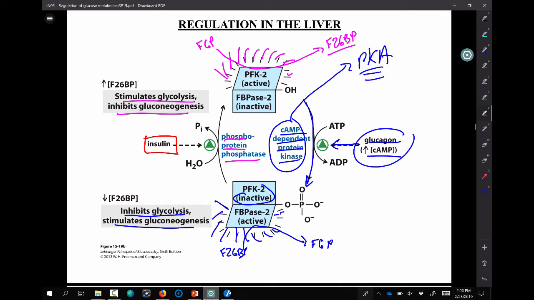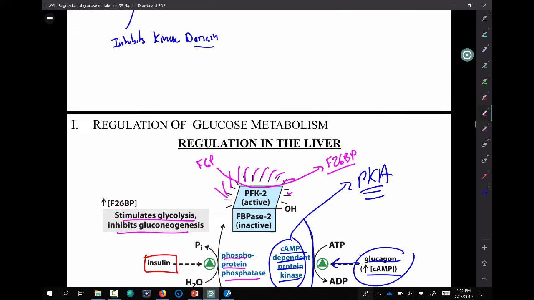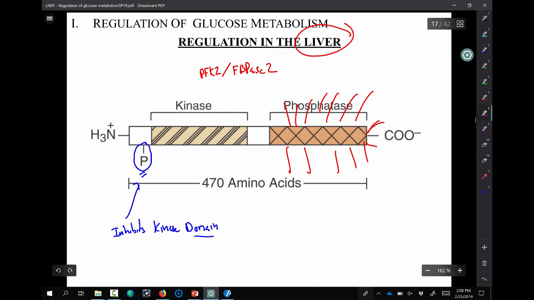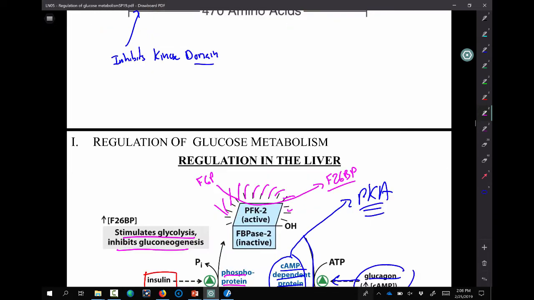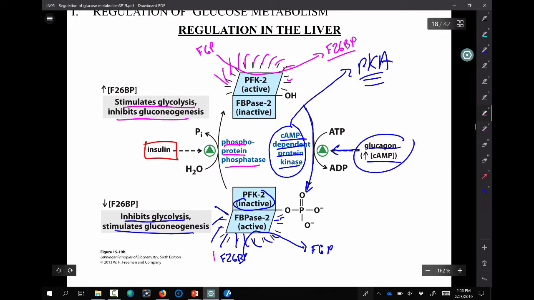Now, specifically for the liver, glucagon signaling leads to the activity of PKA, which does indeed phosphorylate this. It phosphorylates, coming back here, this kinase domain. It's actually at serine 32, the N-terminal domain of this. The number and identity of the amino acid is not important, but that is where it does this. And it then inhibits the kinase domain, activating the phosphatase domain, and this is what you then get. You get the breakdown of fructose 2,6-bisphosphate by the phosphatase domain. That will then lead to activation of gluconeogenesis in the liver.